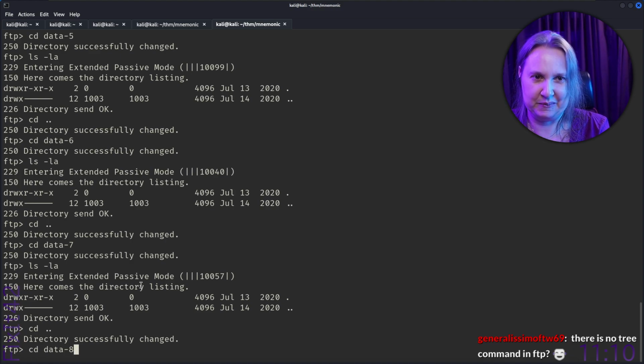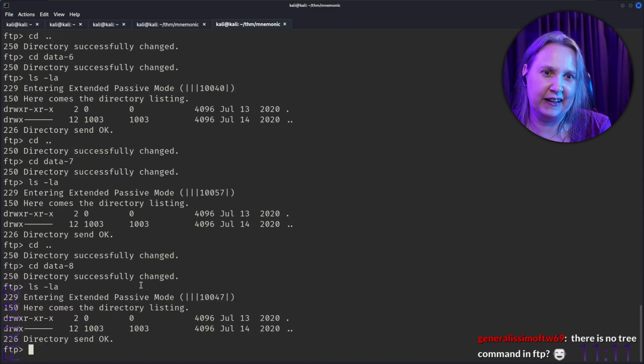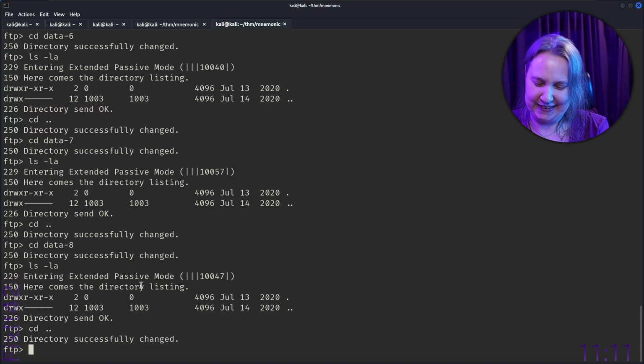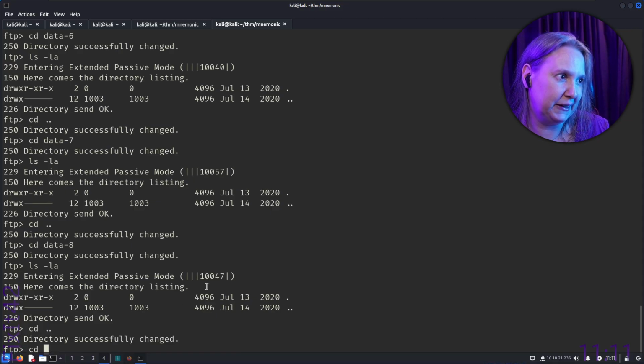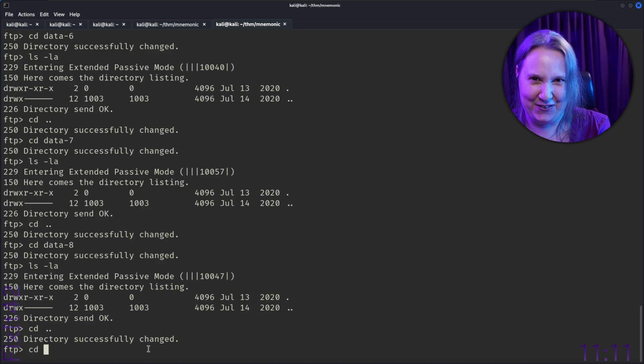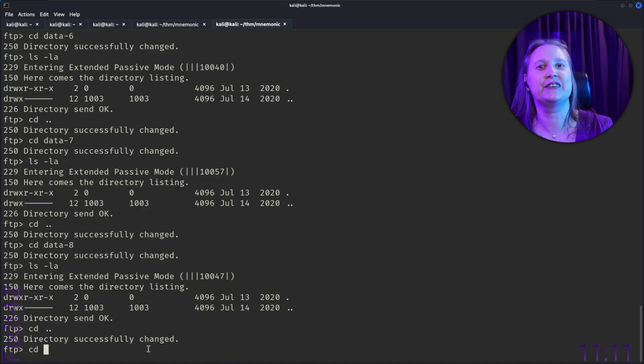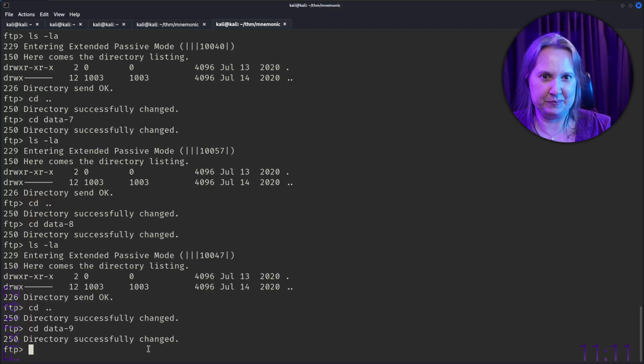Data 8. I assume there's no other information here, but I don't want to miss anything either, and I don't want to take the time to dig into the FTP command right now because time is passing by and we have like 49 minutes left. And I'm slow, and I probably should have just jumped on that first one, but I want to know that I didn't miss anything. I'd rather finish this later, but I do love your help, so we'll see what I can do.